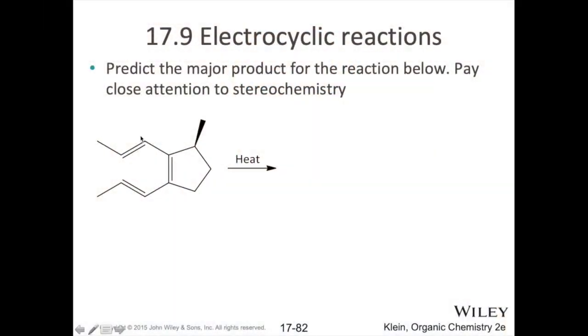So let's look at this example here and predict what the product's going to be. Again, when you're trying to predict this product, first of all, here's your six-membered ring, right? That's your conjugated pi system. We're going to be forming a sigma bond here. So my advice is taking these six sp2 hybridized carbons, sketch